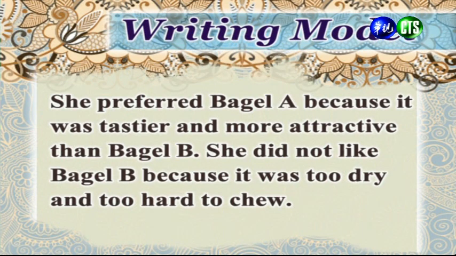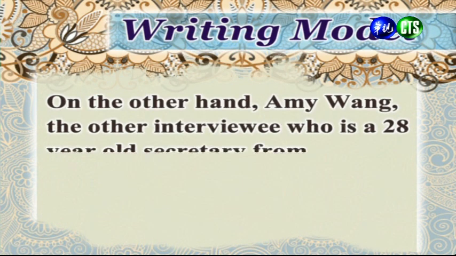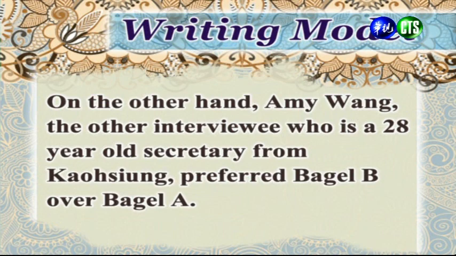She preferred bagel A because it was tastier and more attractive than bagel B. She did not like bagel B because it was too dry and too hard to chew. 她比较喜欢 A 牌的贝果,因为它比起 B 牌来好吃得多,而且也比较具有吸引力。她不喜欢 B 牌的贝果,因为它尝起来口感太干涩,而且太难咀嚼。